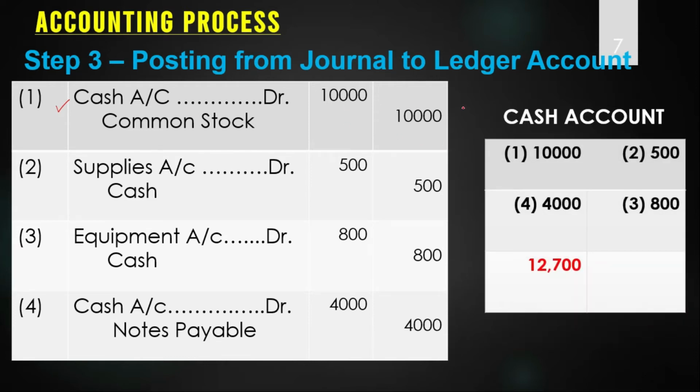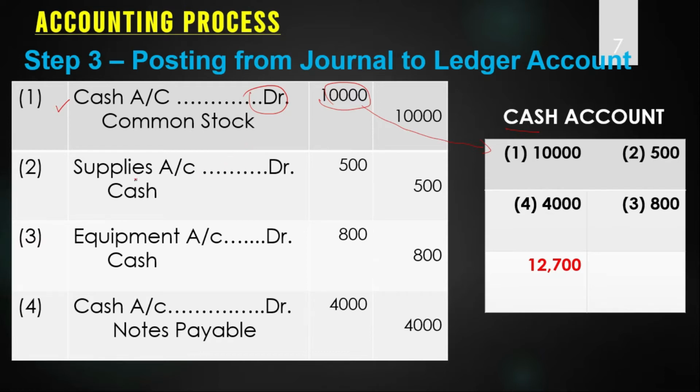posting. If you are going to prepare the cash account, you will have to see cash in all the entries. In the first entry, we are seeing cash on the debit side. So what you have to do, go to the cash account and the debit side of it, because the first item of cash is debit. Go to the debit side and write the amount of debit. So the first transaction has been posted now.